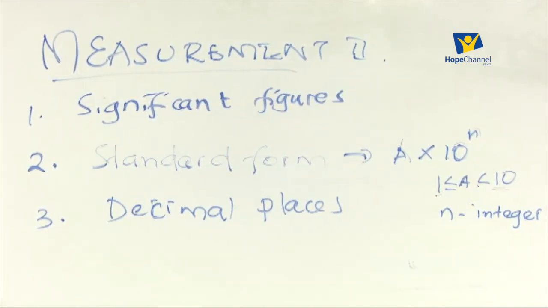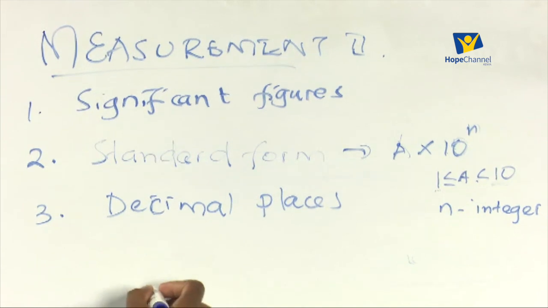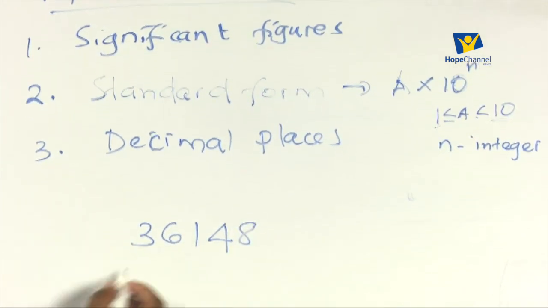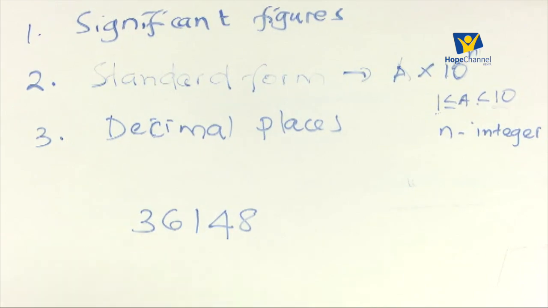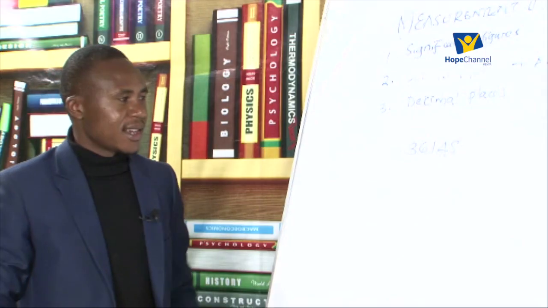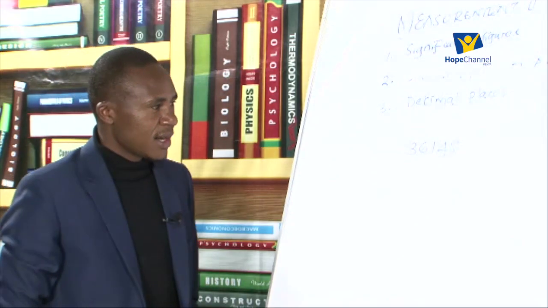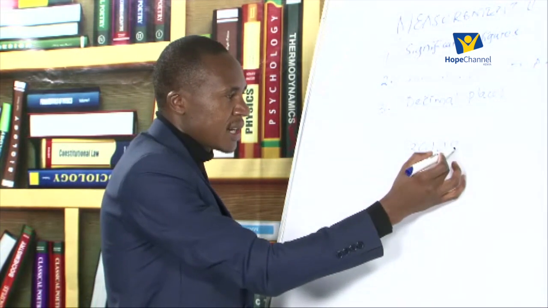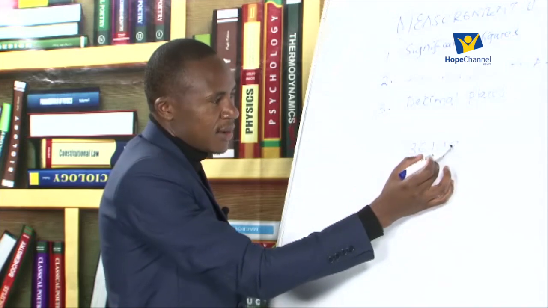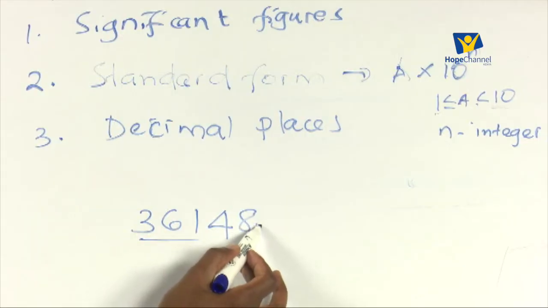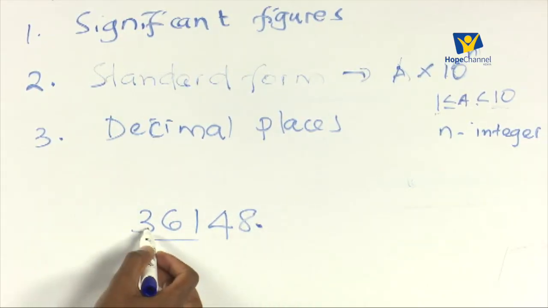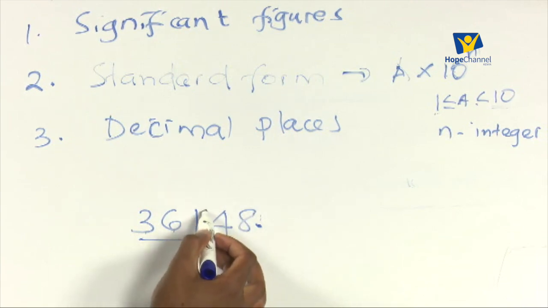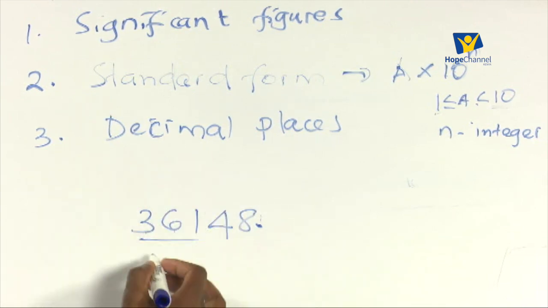For example, for the standard form, let's have a number like 36148. This number is more than 10, and so it's not in standard form. We can express the number in standard form by doing the following. If it's a whole number, we are assuming the decimal point is after the 8, and our task will be moving the decimal point from that position so that it is between 3 and 6. So we are going to move it through 1, 2, 3, 4 steps. So we shall have